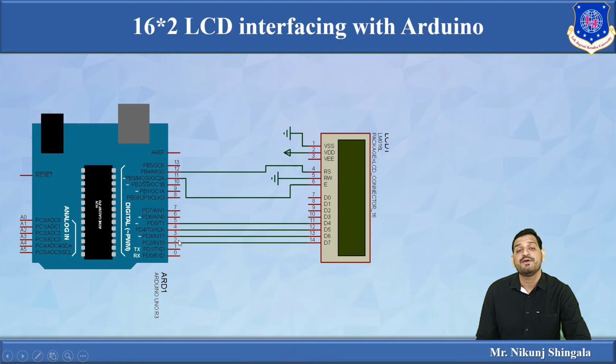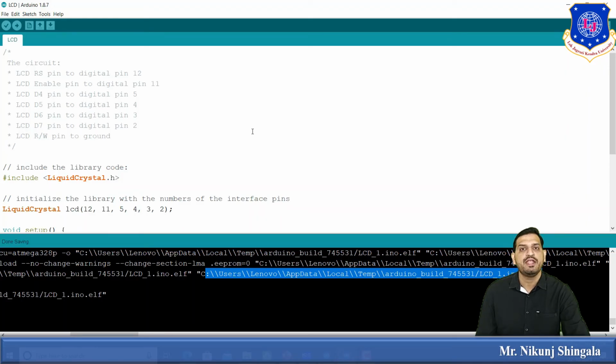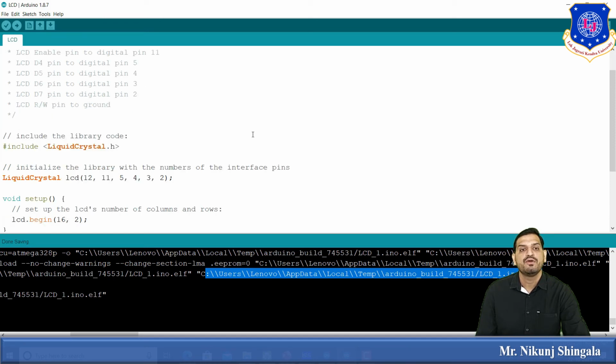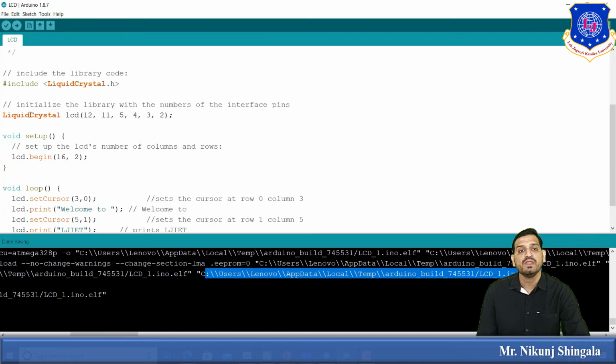Okay. So now first see the Arduino code for LCD interfacing with the Arduino board, and we will see the Proteus simulation after that. Okay, so here you can see the Arduino IDE sketch. This is Arduino code for interfacing of 16x2 LCD with the Arduino board. First thing you have to include this library, LiquidCrystal.h, because all the functions related to that LCD will be called. If you do not use this library, all functions related to the LCD will not work. Now we have to set the pins of Arduino board which are going to connect with the LCD.